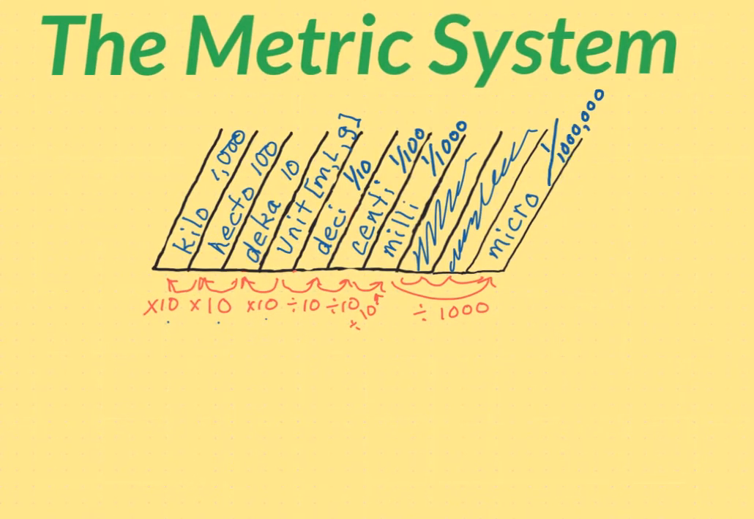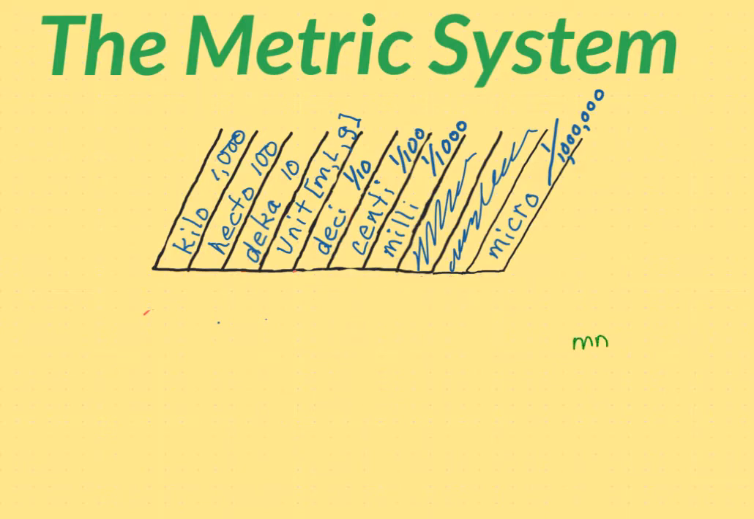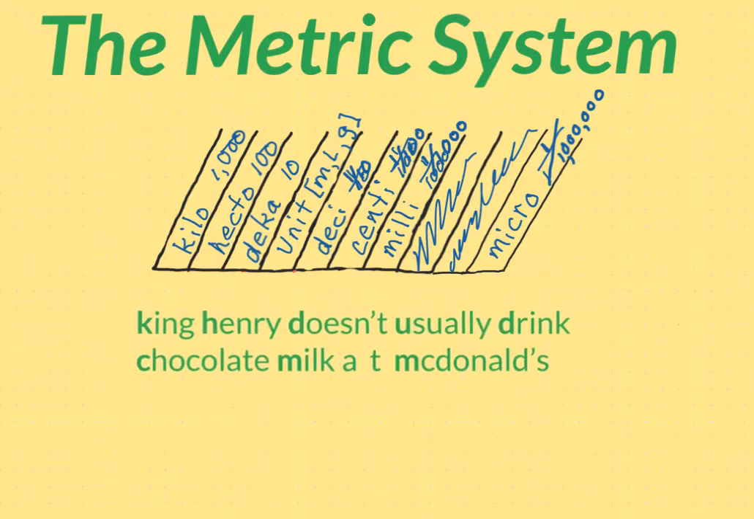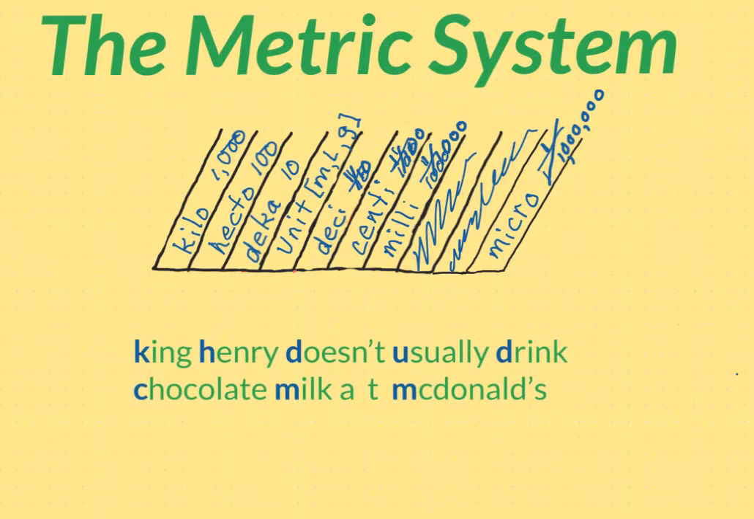Okay, I've developed a mnemonic that I use to remember the order of all of these prefixes, and I hope it's helpful to you. That's how you spell mnemonic. It's a memory device. Here it is. Just remember that King Henry doesn't usually drink chocolate milk at McDonald's. What does that mean? I don't know. He's health conscious. What I intend for it to mean is that K stands for kilo, H stands for hecto, D stands for deca,